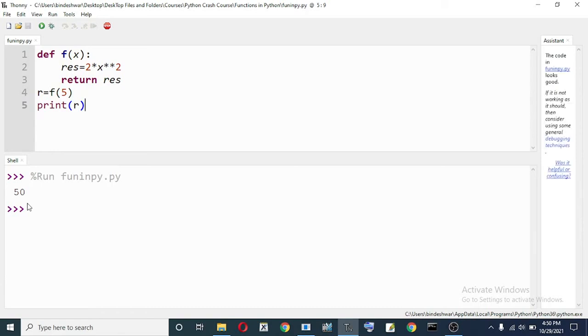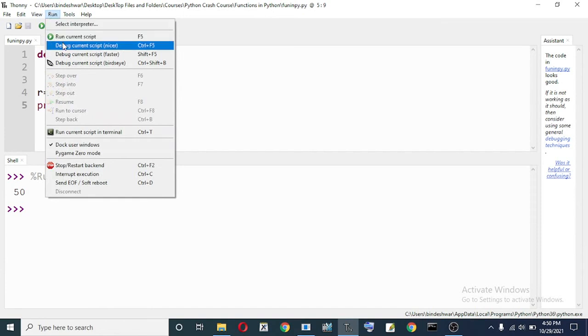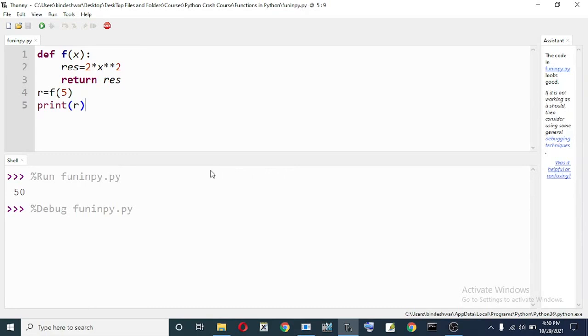In debug mode you can see line-by-line execution of a Python program. The Thonny editor has a facility for debugging a program, so I am running it in debug mode.